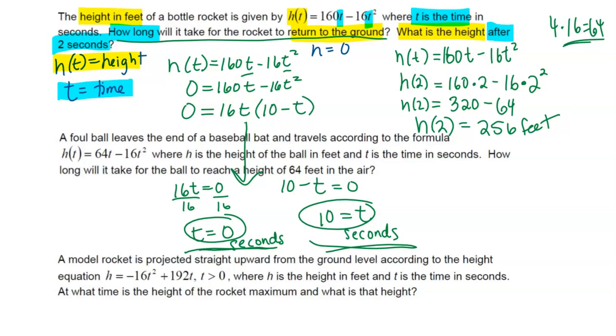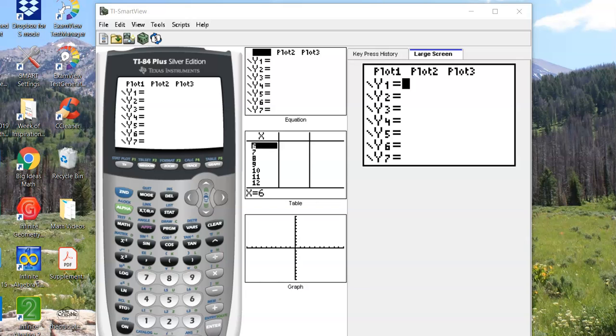Okay, what I want to do now is use our graphing calculators to look at how this appears on your graphing calculator. So go ahead and get that out. The first thing we're going to do is go to y equals, and we're going to plug in the original equation. This is where people sometimes make mistakes. They plug it in with other numbers substituted into it. You want the very original equation that they gave you, h of t equals 160t. We're going to have to use x just because that's the way the calculator works. So 160x